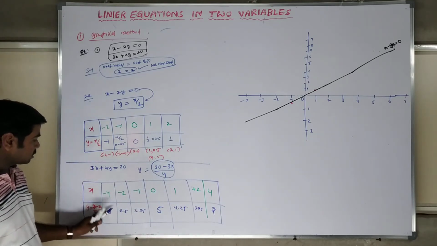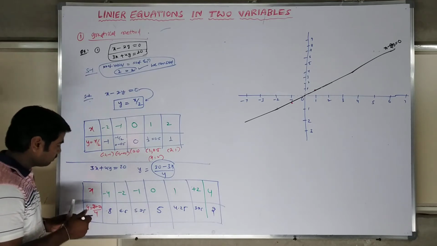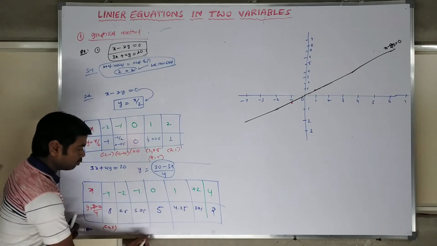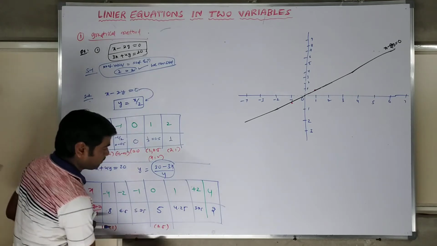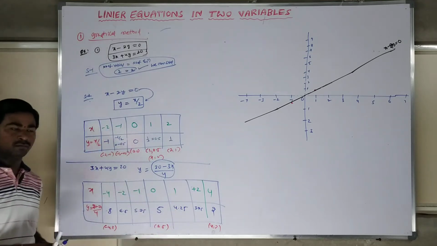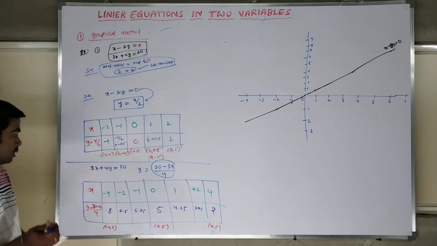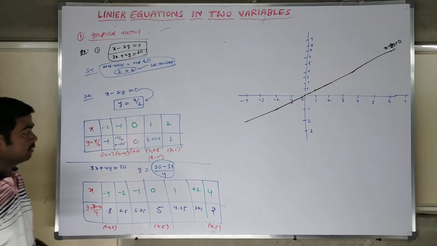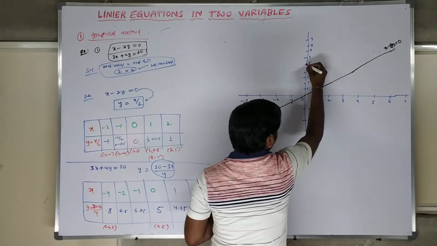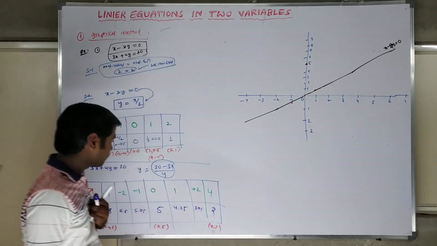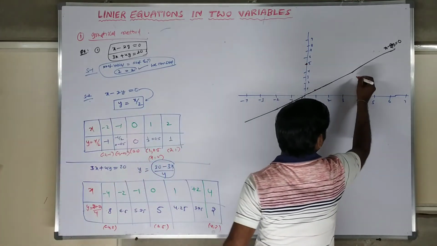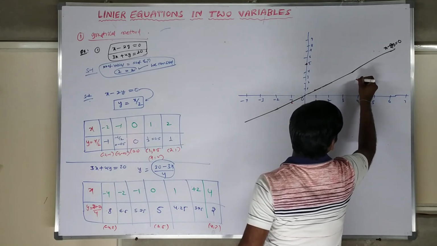After this, start plotting your points over here. What are the points here? Minus 4 comma 8. And then the other points I should take: 0 comma 5, 4 comma 2. Easy points you can take, and you can easily draw the graph. These 3 points are enough. So 0, 5: x axis 0, y axis 5. Please make a point over here, 0, 5. Next, 4, 2. 4 and 2. This is called 4, 2.